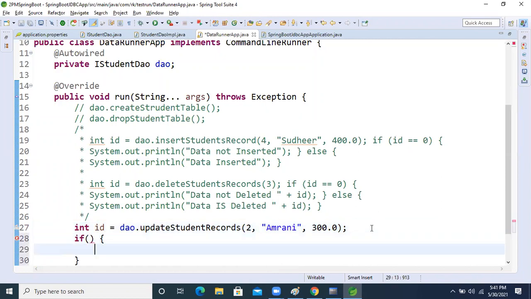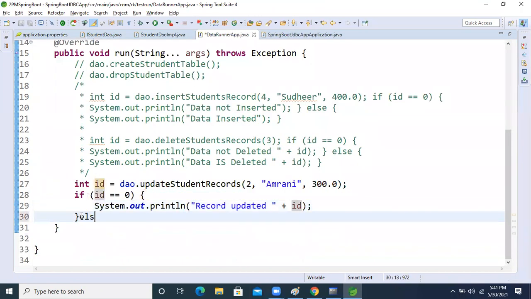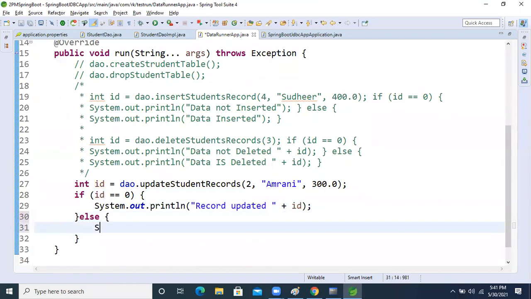If ID equal to 0, then Sysout: record not updated.